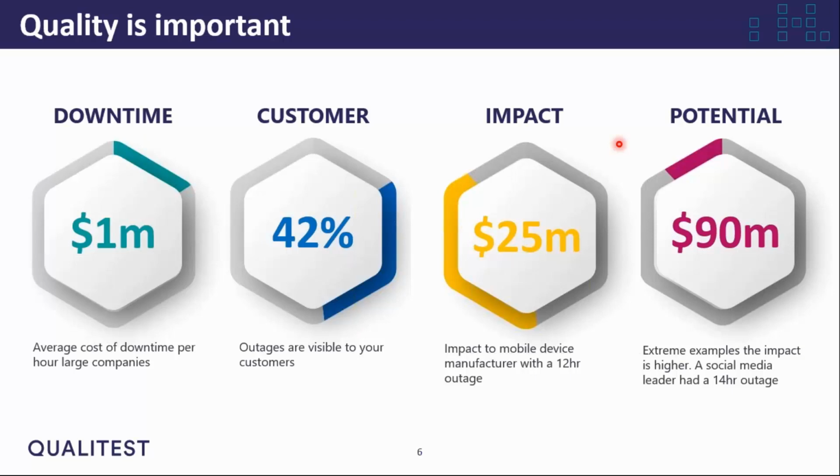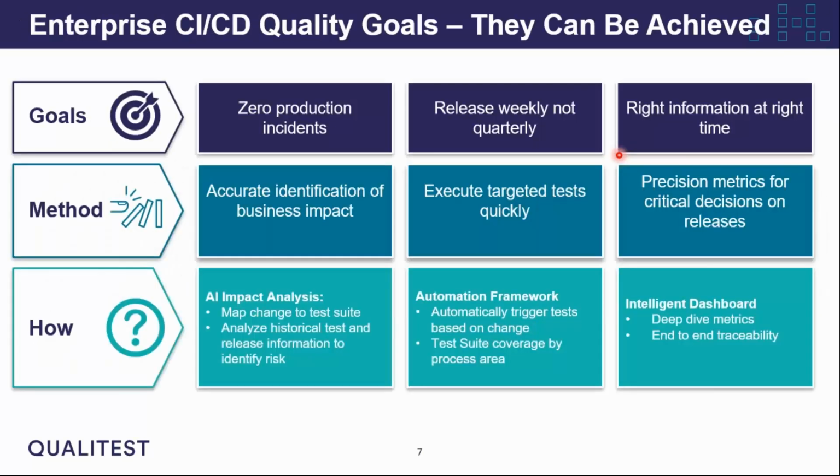So when we look at our key goals, Kenny will take us through where we think you should be focused. So just to lead on from what Simon said, the cost. The cost is huge and the impact of these production incidents is significant. So we do need to focus on value quality. The goal that we would say in an enterprise CI/CD environment and approach should be 0 production incidents, and that takes care of that cost effort, and we can definitely achieve it.